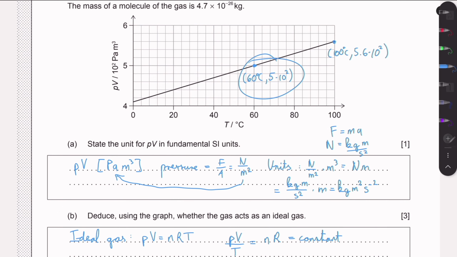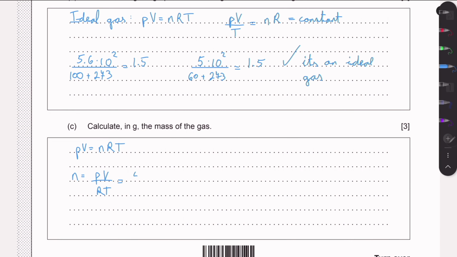So let's take the first point, for example. Then the PV will just be 5 times 10 to the 2, and R is just the gas constant, 8.31. And again, we will have 60 plus 273, because again, we need Kelvin here. This will give us